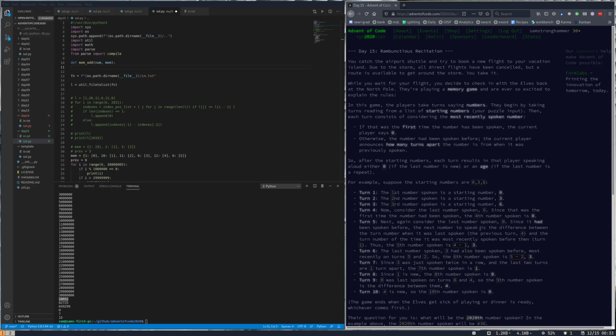So when a number's spoken, on the next turn, we're going to be looking at that number that was just spoken. And if it's spoken for the first time, then we say 0. If it's not spoken for the first time, then we subtract when it was spoken from the